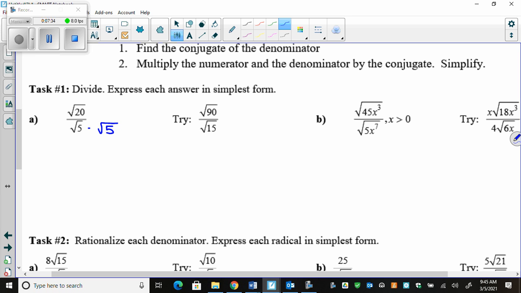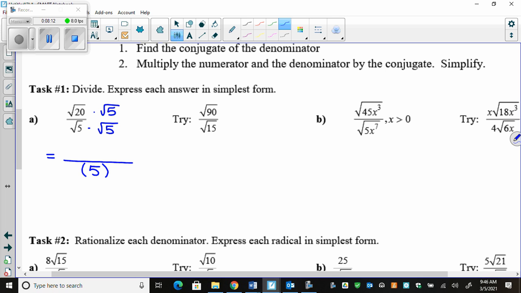So, what I tell you, if you do it to the bottom, you have to also do it to the top. Now we're going to use our multiplication rules. Remember I told you, if you stink at multiplication of radicals, this is going to be real awful, because you're just multiplying. Do the bottom first. Root 5 times root 5 is 5 in brackets. Now, if there's nothing else beside it, we're going to be able to drop the brackets off. But remember, in all those multiplications, we still needed it, because we needed to multiply by the coefficient. The top, root 20 times root 5